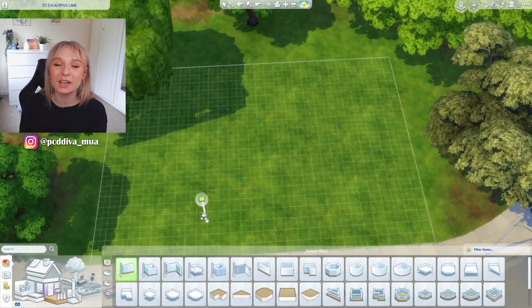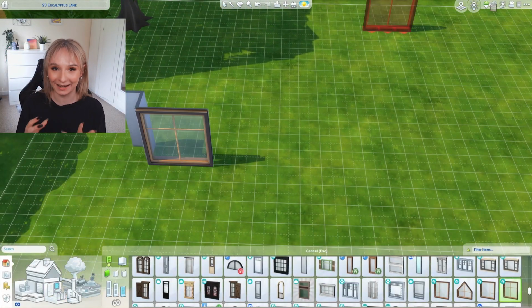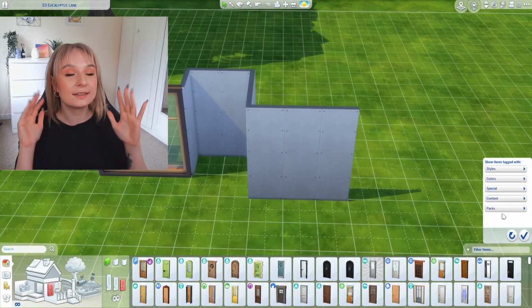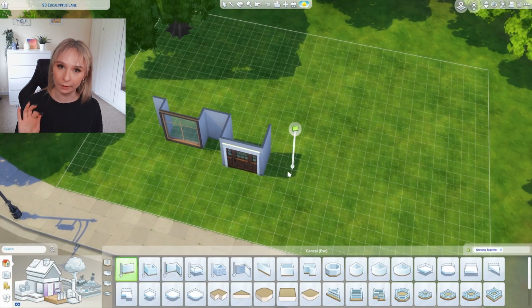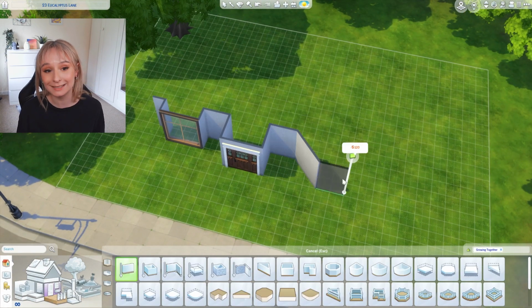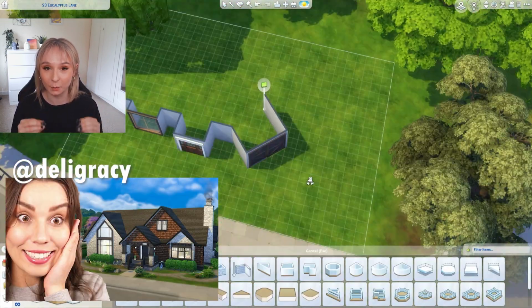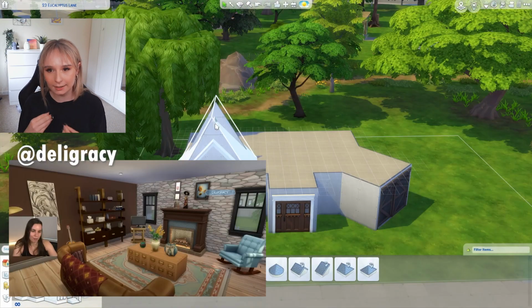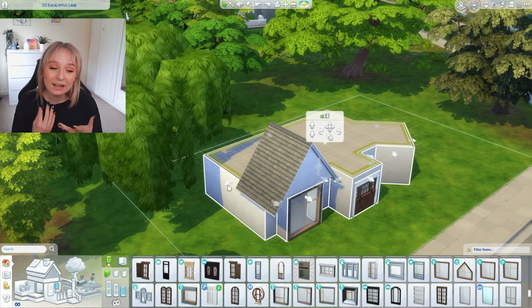It is, of course, a Growing Together build using as many of the items from the pack as possible, and also that triangular window, the godsend from the Sims gods. It was literally all inspired by that window and slightly inspired by a build that Deligracy did for this pack. She actually has a build in this world in San Sequoia, which I'm obsessed with, and I loved the way it felt so cluttered and lived in and kind of homely and warm and cozy,